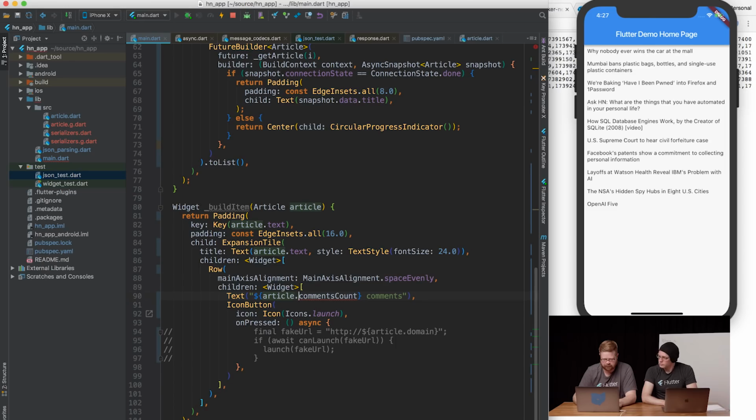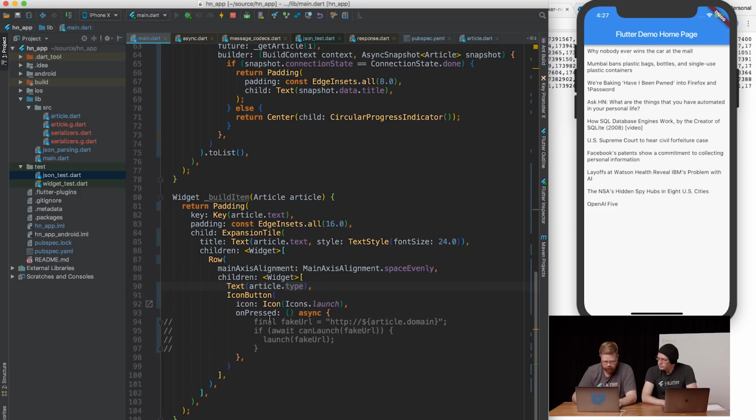But we could do type. So this is a row, and you've got an icon button for launching the URL. That's cool. Okay, so we'll do the article type, and then we were doing a fake URL before. So let me go ahead and do the real